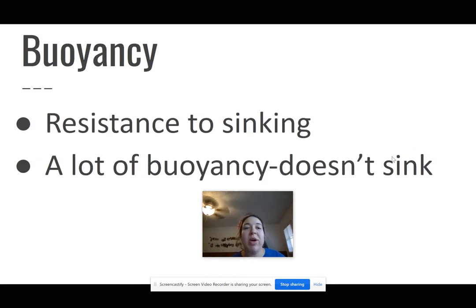All right, buoyancy. Buoyancy is basically how much something resists sinking. If it's really buoyant, then it won't sink. So I'm going to let you think for just a second. What is a word that looks and sounds kind of like buoyancy that reminds you of it? Can you think of it? Even if you can't, I'm going to tell you. Buoy. So think of a buoy. Think of those buoys that sit out on the water and float around. They have a lot of buoyancy because they are floating, so they're not sinking. So a buoy has lots of buoyancy.